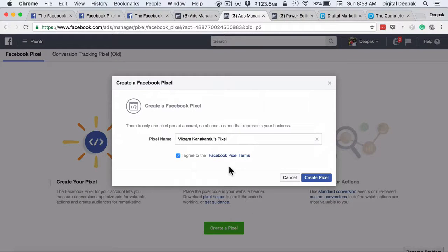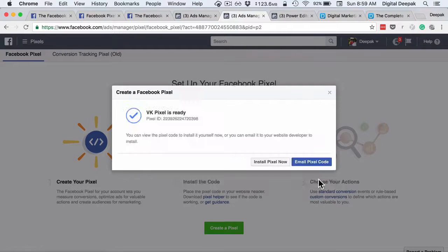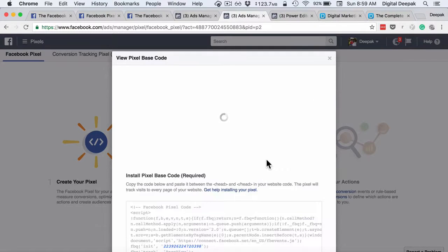So let's say, you can give a name for the pixel, agree to the Facebook pixel terms and conditions, and click on create a pixel. So now the pixel is ready. They also give you a pixel ID. So let's say install pixel now,